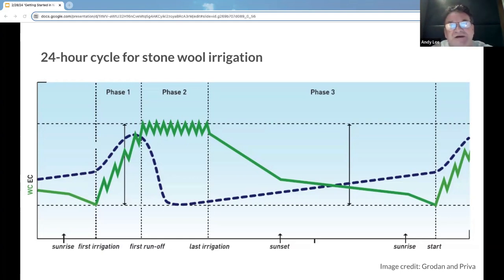Yeah, the slope will change as the plant begins to transpire. And this is then, of course, the optimum time to start irrigation. So between stopping in phase two of day one and starting in phase one of day two, we get a constant decrease in water content overnight. The stop times and the start times can vary based on the outside weather conditions. This not only provides stability for the plant in its growth and development, but also protects root quality, and